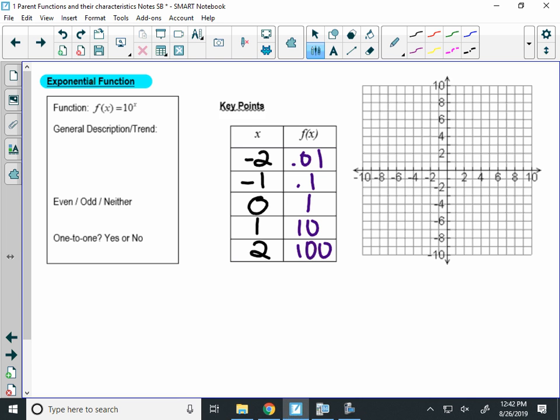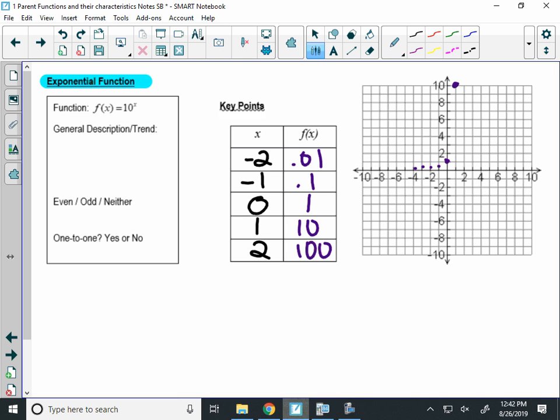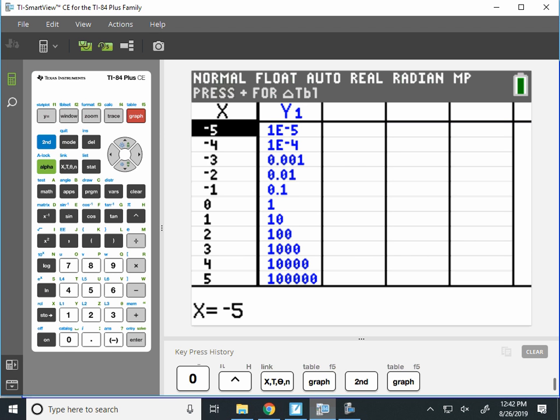Now, when I graph this, -1.01 is really close to the axis. Just do your best: 0, 1, 1, 10. And then you saw, looking at the table, that these y values just got smaller, 0.001, 0.0001. So they got really, really close to the axis here. But as I look at the table, let me connect those. I know you have scientific notation, but does this graph ever actually